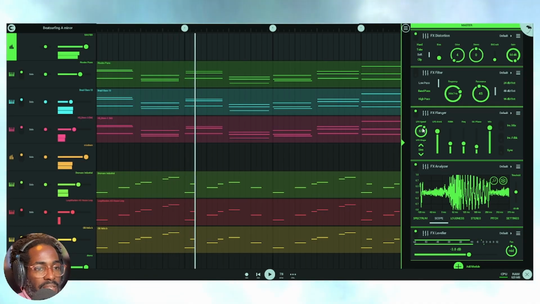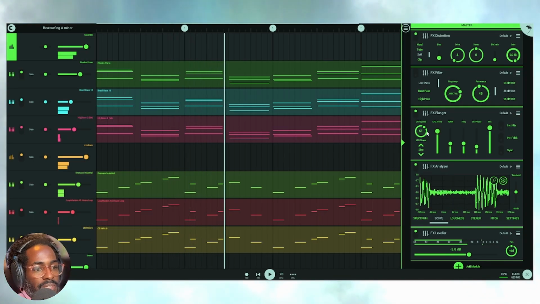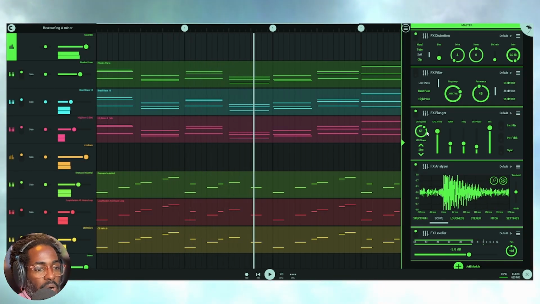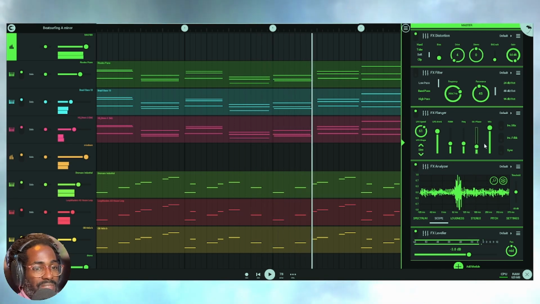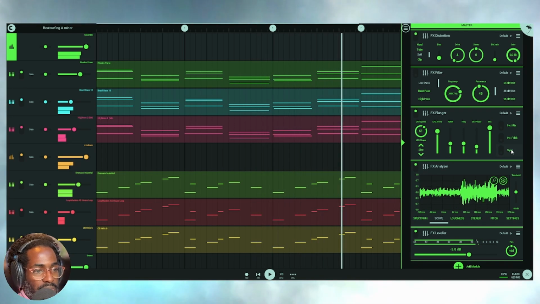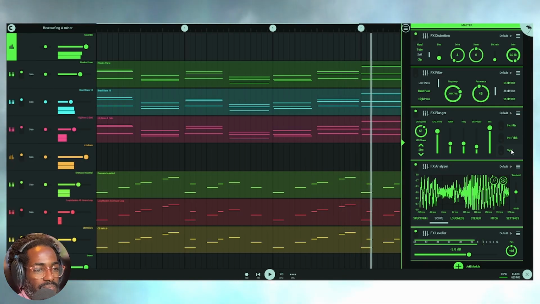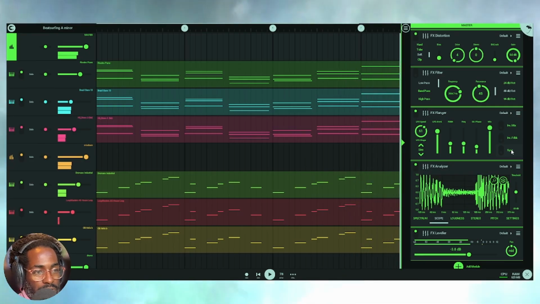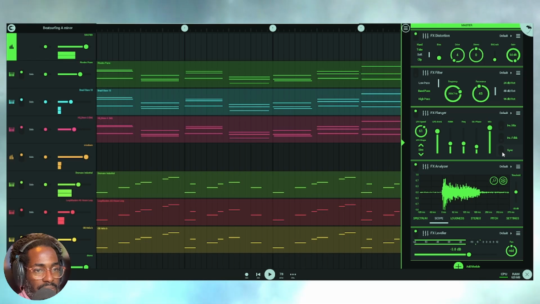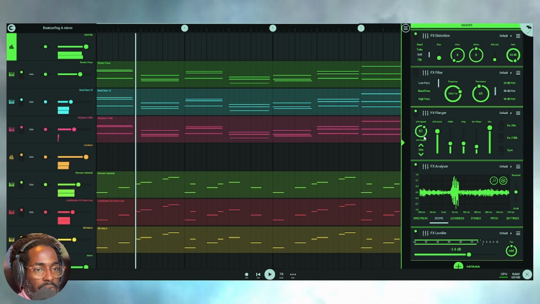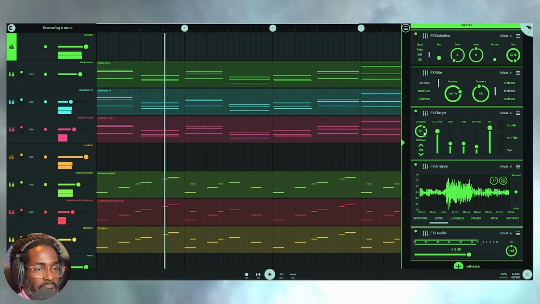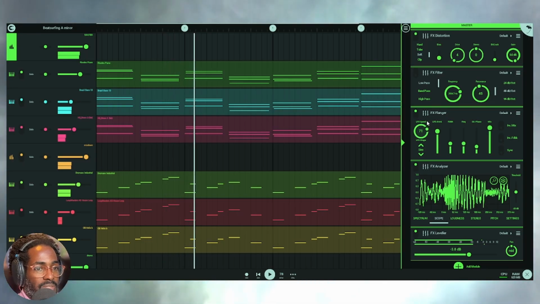LFO speed right here is the rate at which the flanger is modulated according to the LFO shape. Now, when sync is activated over here, it's pretty much going to sync it to the tempo, as you would imagine, right? You'll notice that when I click this, LFO speed becomes LFO rate. I turn this off, LFO speed is now back again,